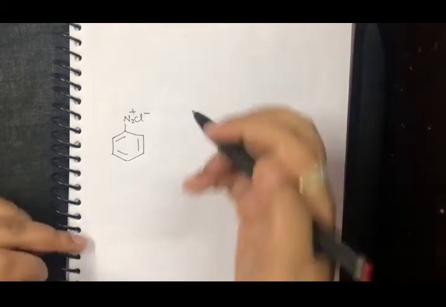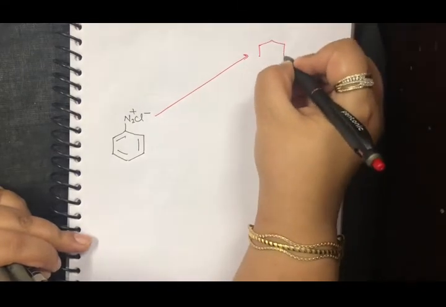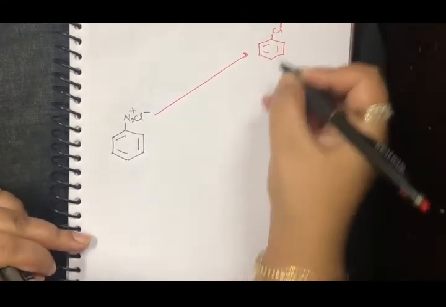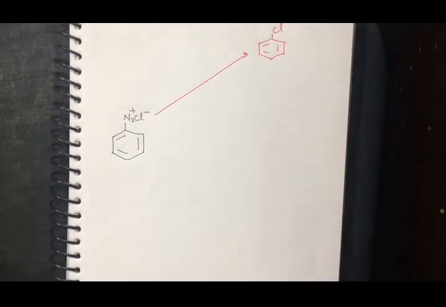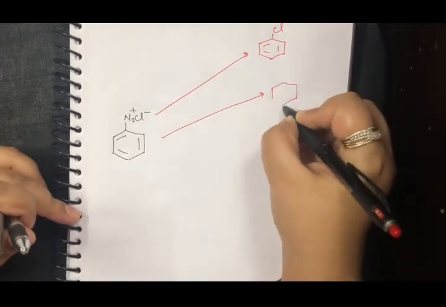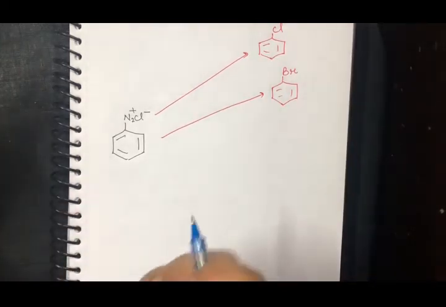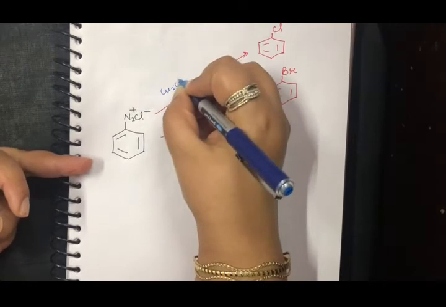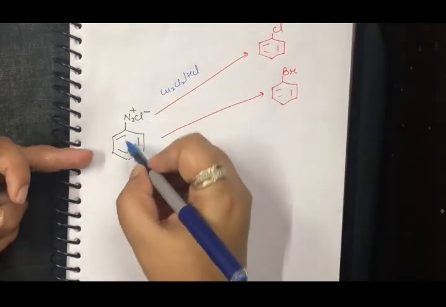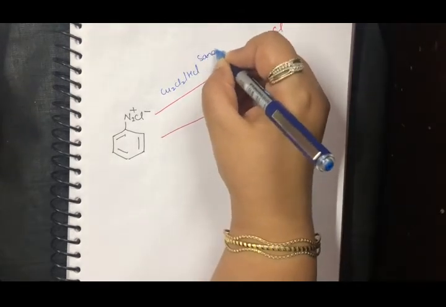This is it. Now, very first thing that we'll do here is, just a minute, I will form a chlorobenzene. See, I'm going to give you all the possible reactions that can be done with benzene diazonium chloride. At the same time, you can also make a bromobenzene. Now, how will you do these two? We'll look into this first. If you add Cu2Cl2 in the presence of HCl, benzene diazonium chloride will directly give you chlorobenzene. This is, you have already done, it is Sandmeyer's reaction.